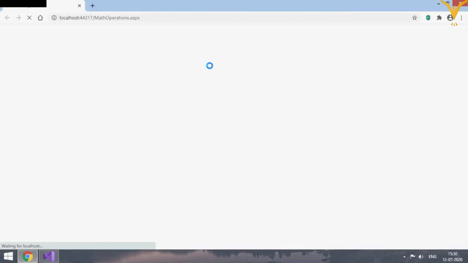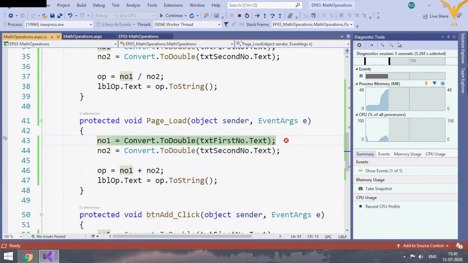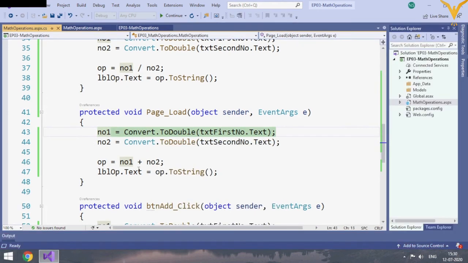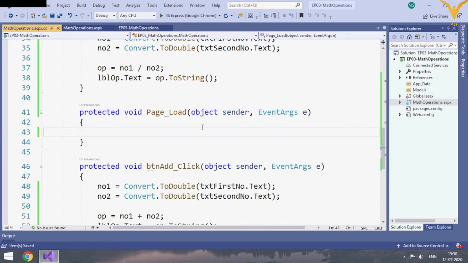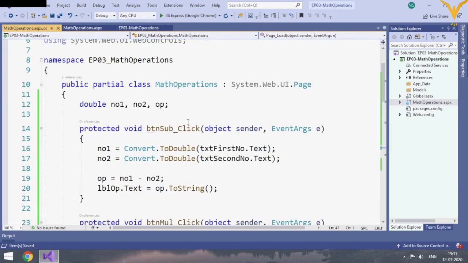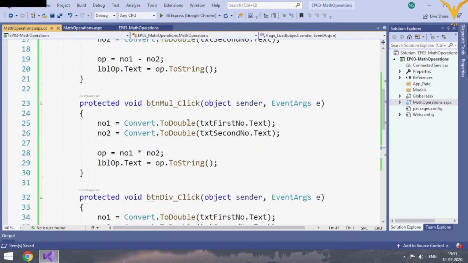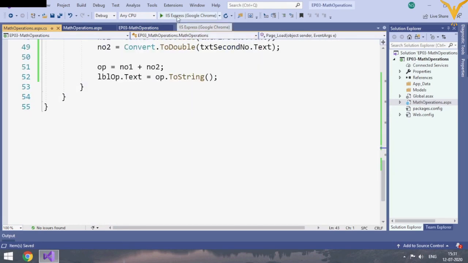That means at the time of loading, we cannot access the text box which is there on the web page. So just remove this code because we have not initialized anything in the start, at least not programmatically. So now let's run this.